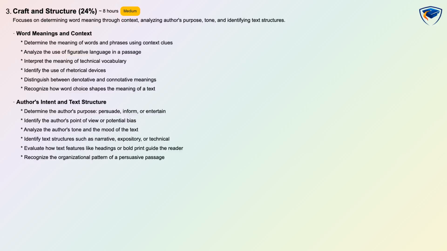You will learn to determine the meaning of words and phrases using context clues, interpret figurative language and technical vocabulary, and recognize rhetorical devices and the difference between denotative and connotative meanings. You will also analyze the author's intent, whether to persuade, inform, or entertain, identify point of view and possible bias, assess tone and mood, and recognize text structures such as narrative, expository, or technical while using headings and other text